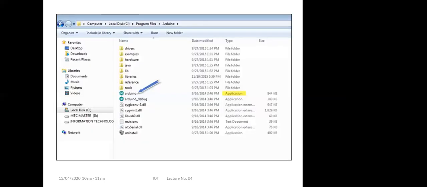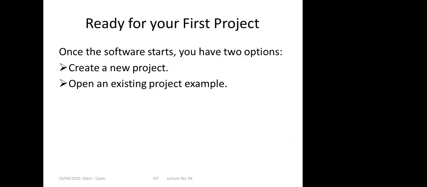So it looks like this. Once you download it in zip format and unzip it, you can find these things. For this Arduino application file, you can just click on it so that it will be installed automatically. Once the installation finishes, it will open the Arduino IDE environment for you to start with your programs.